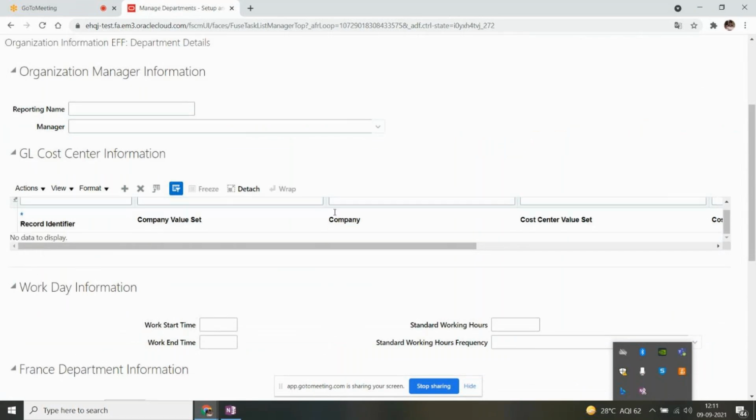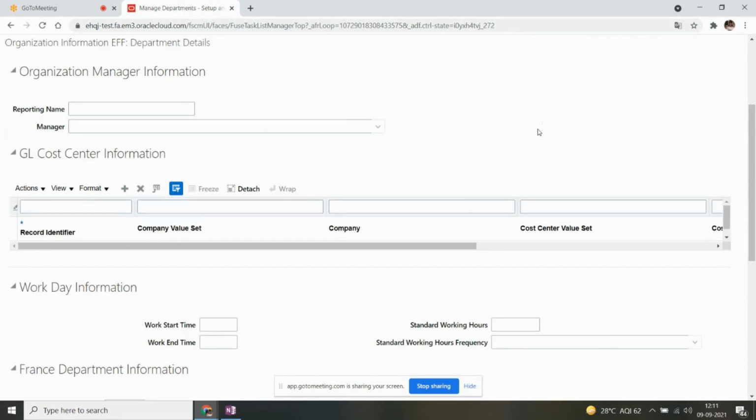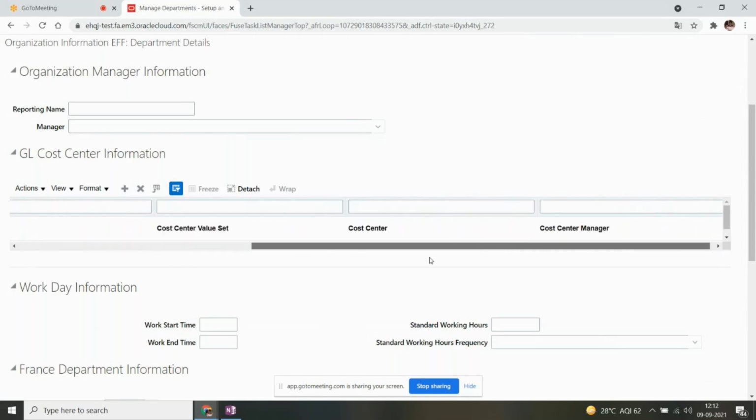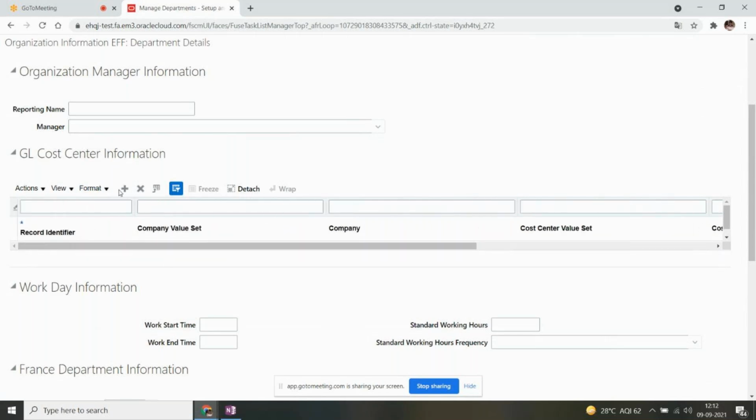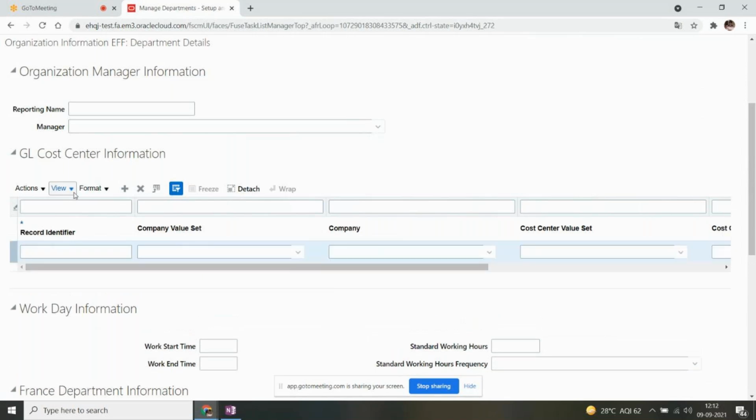Within this, the GL cost center information is important for us. Sometimes if the business wants to derive their cost center chart segment values or company segment values from the department, then they have to specify the segment values here against this particular department or organization.